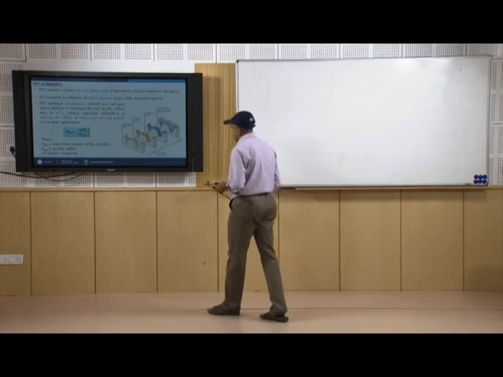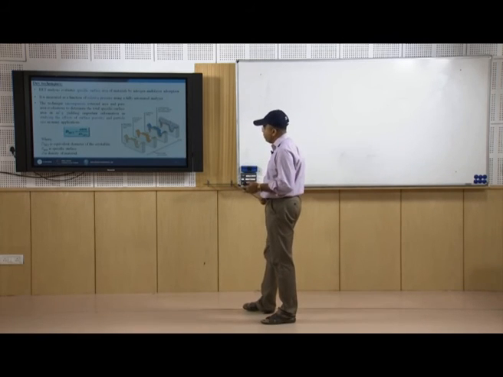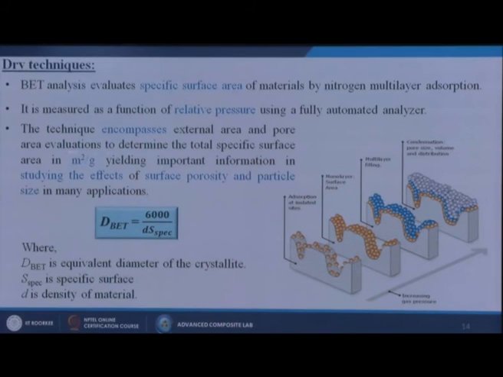Next one is called the dry techniques. In that particular dry technique, BET analysis evaluates specific surface area of materials by nitrogen multilayer absorption. It is measured as a function of relative pressure using a fully automated analyzer. The technique encompasses external area and pore area evaluations to determine the total specific surface area in meter square per gram,